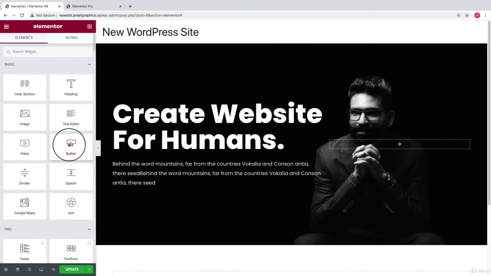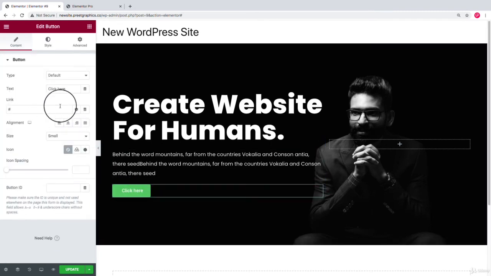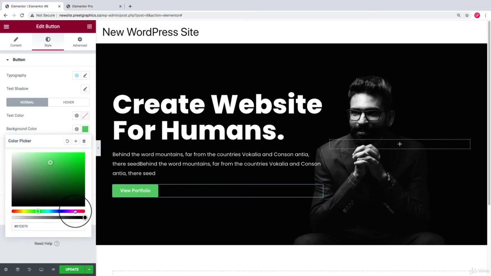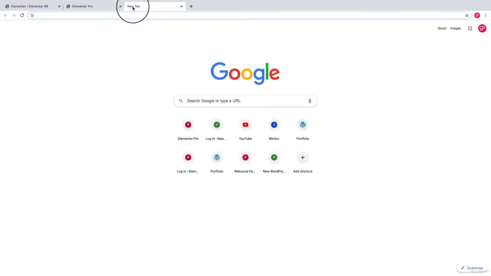Simply drag and drop this button widget. Now in the text, change the button text to view portfolio. We can add the link later. So first of all, go to style and change the background color to pink. To pick this color, you can simply use the Chrome extension color picker